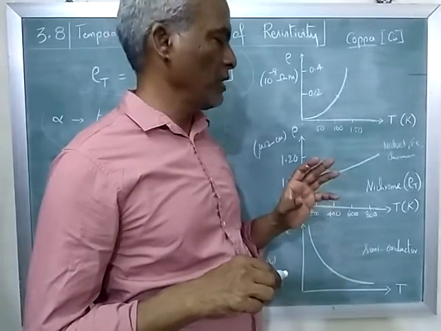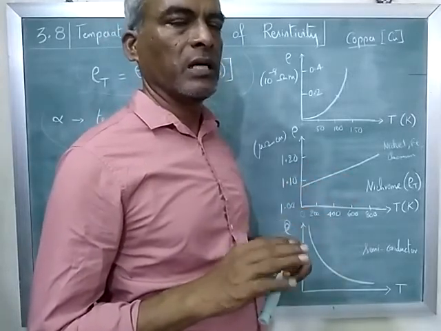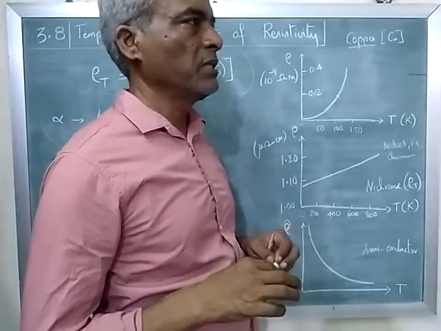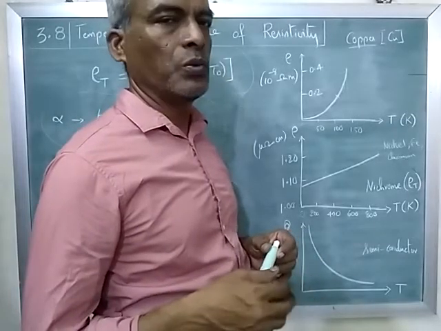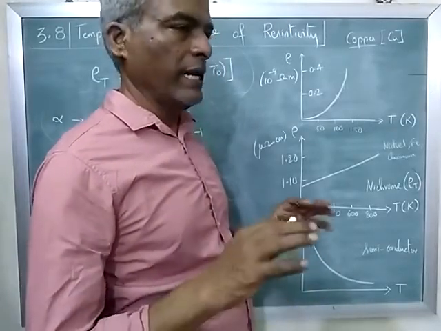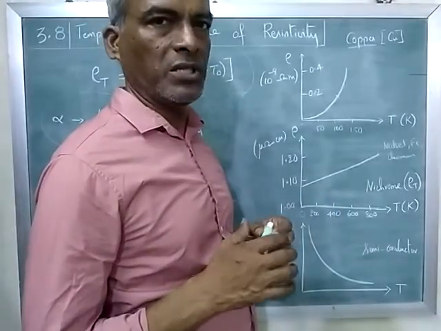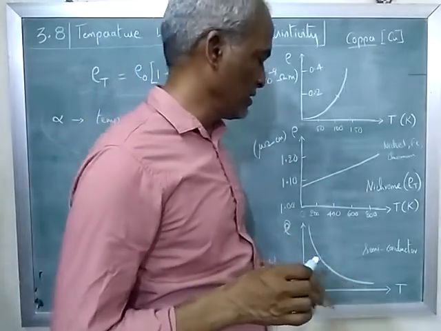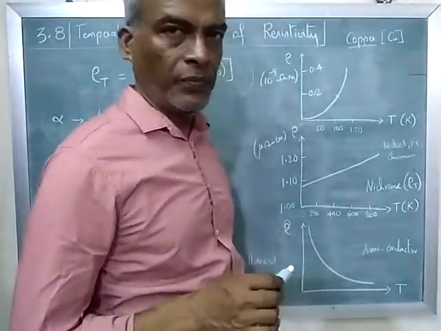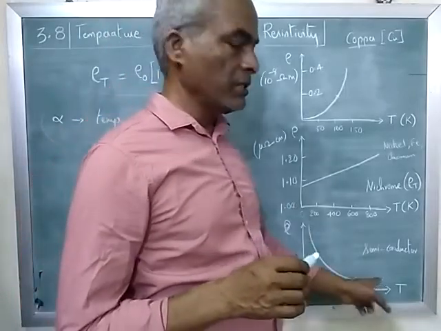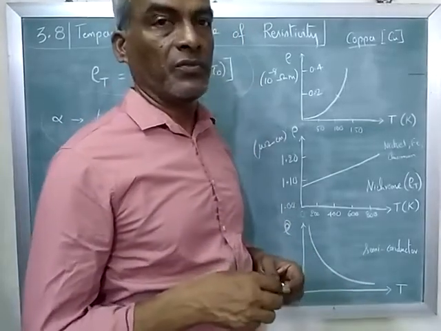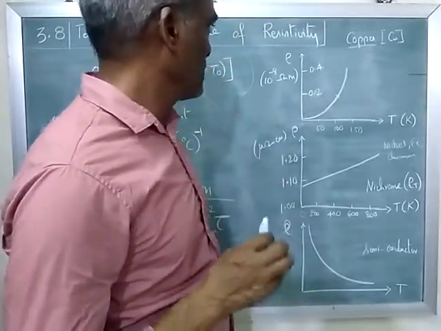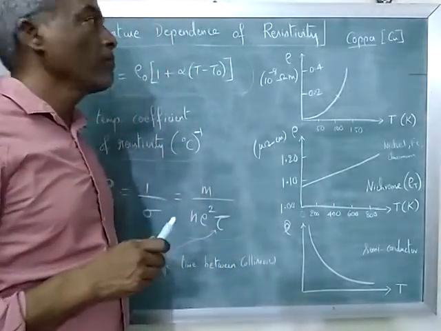Therefore, you have to make sure that the devices do not cross a particular safe limit. That's why computers, ICs and all are cooled with air, or the entire electronic setup is in an air conditioned room. Just because as the temperature increases, resistivity decreases exponentially. Resistivity decreases means conductivity is increasing, so it will damage the circuit when it crosses a particular limit. So these are the important points you have to remember.